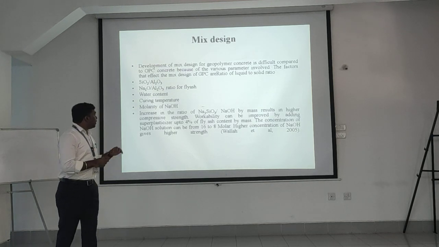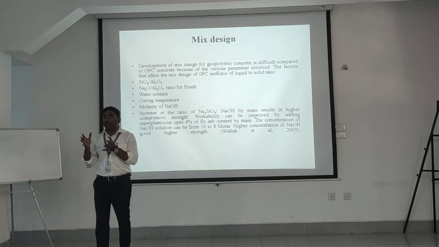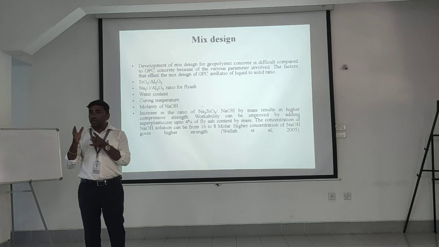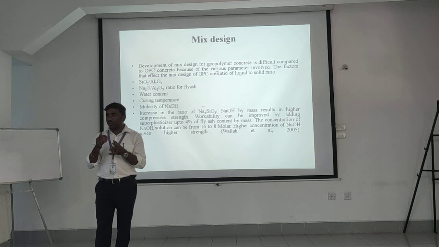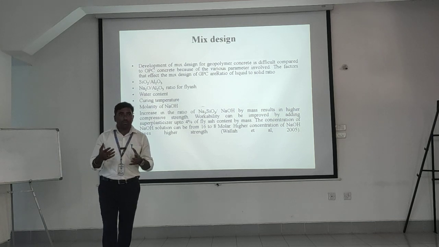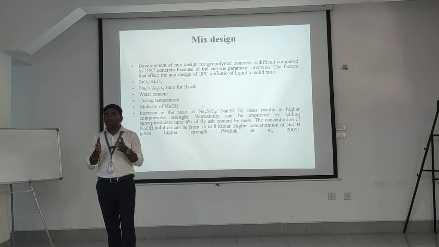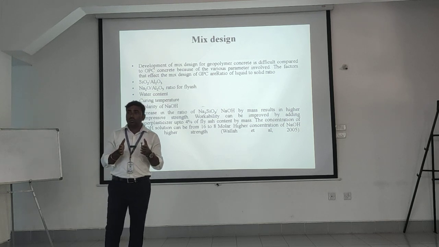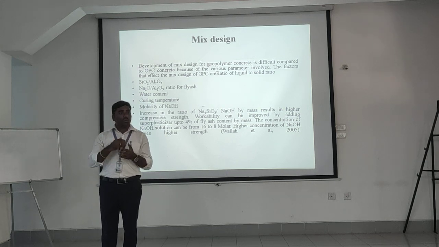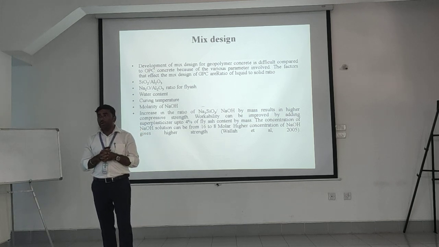Next. So here mix design. I already told that, for example, if I want to produce M20 grade concrete, M20 means what? M means mix, and 20 represents the strength of the concrete. For example, 20 Newton per mm square. So if you are going to construct a concrete road, CC road, the minimum strength of concrete will be M30. If you are using it for highway, the strength of that concrete will be M30. That means after 28 days curing, it gives minimum 30 Newton per mm square.